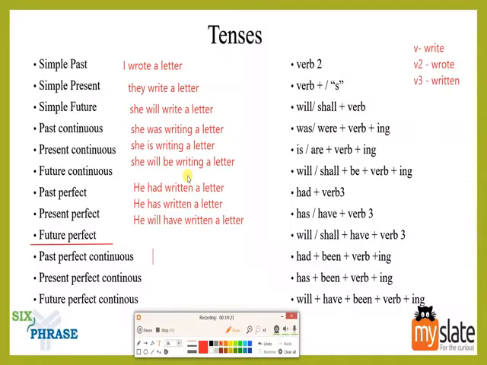Okay, for example, exercising, right? When you did exercise, that is something you did in the past, but it was continuous. Exercise is not a one-time thing, right? So let's see here. He had been, verb form is right? But we'll have to use verb plus ing. He had been writing a letter, right?